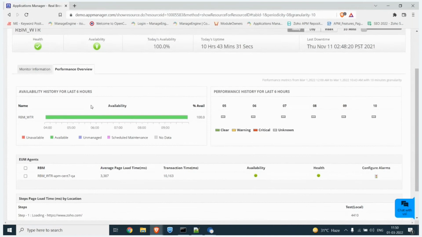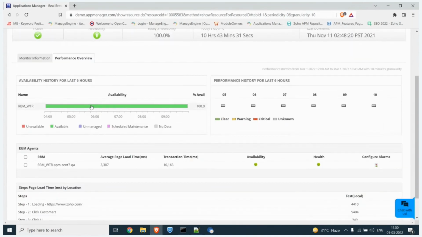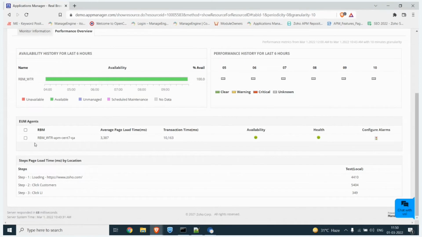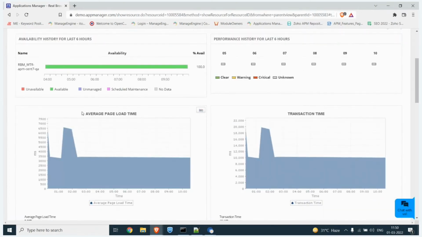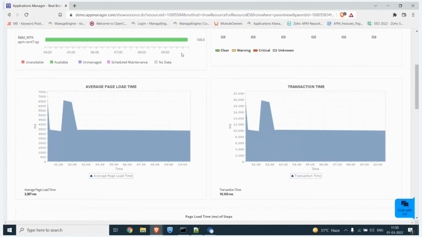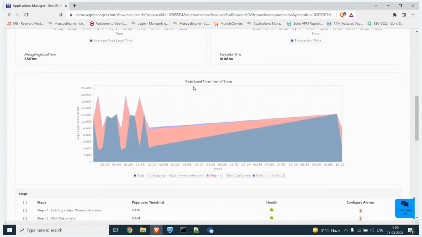So this is the real browser monitor overview page. So here, all the EUM agents will be specified along with an overview of the steps that you performed. So when you click on this, you can see the availability and metrics like average page load time, transaction time, and page load time of each of the steps.